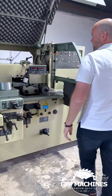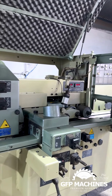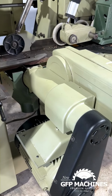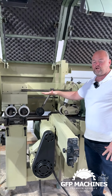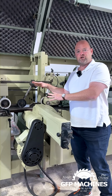So this is a 5-head Superset machine. What's very nice about this machine is that it's got a universal head on the last head. So this head can be tilted in any orientation that you want it to be tilted on. Do a multi-ripping on the last head, or profiling on the left side, on the right side, top side, or wherever you need this universal cutter, you can adjust it to where you need it to go, and it can